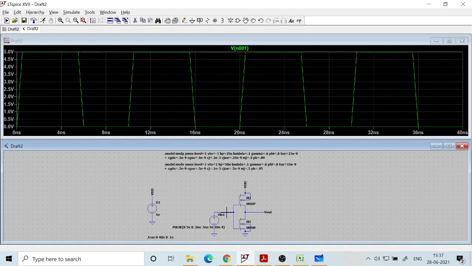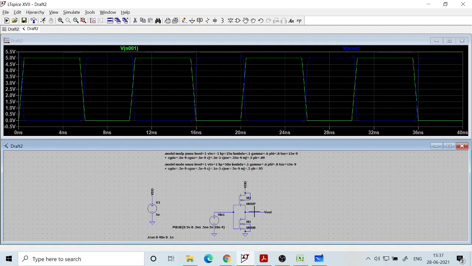So this is our input. So rise time and fall time I gave as how much? 0.5 nanosecond. So in 0.5 nanosecond it goes from 0 to 5 volt, and similarly fall time also 0.5 nanosecond, and then it stays for half of the time and then comes back. Okay, so let's look at the output. So this is the output. Inverter output should be like this, right? If you give high, you should get low. If you give low, you should get high.